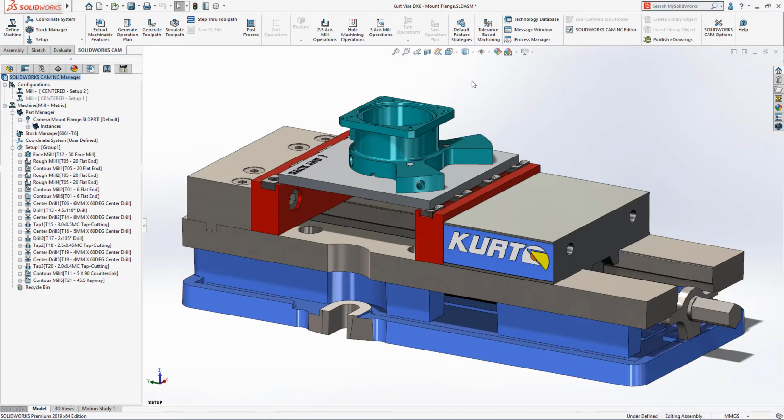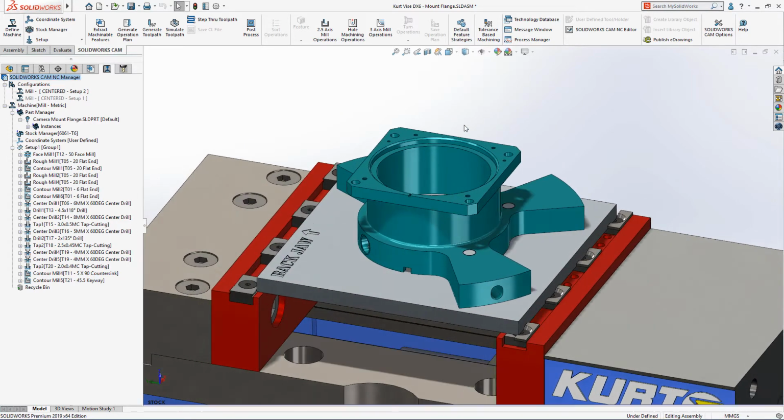SOLIDWORKS CAM 2019 delivers some great new features that will help you reduce the time it takes to program your parts. Configurations in SOLIDWORKS CAM are a great time saver that enable you to define multiple manufacturing setups within a single